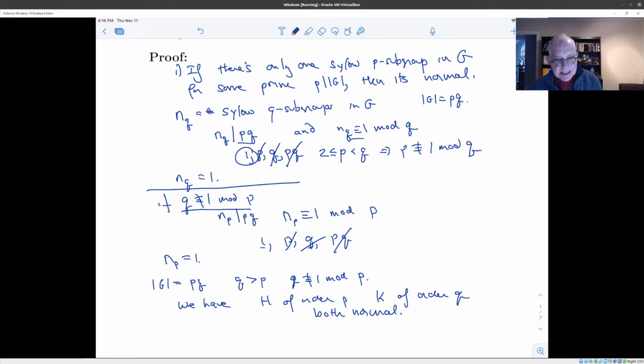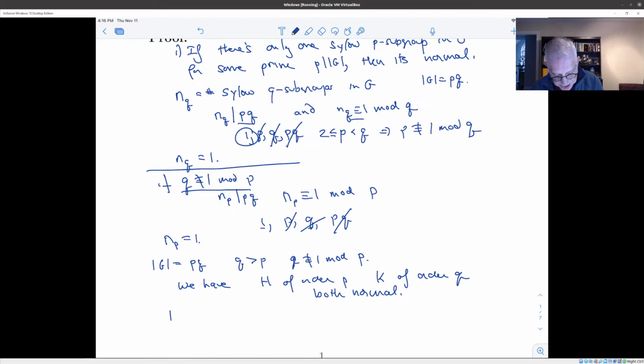Their intersection has to be just the identity, because the intersection is a subgroup whose order divides both p and q, and therefore is 1. But also we can show that these groups commute,